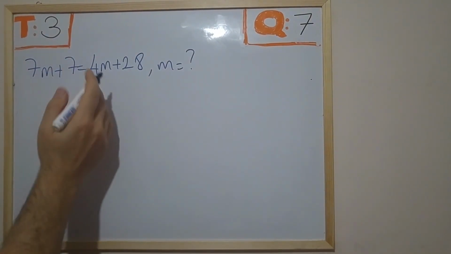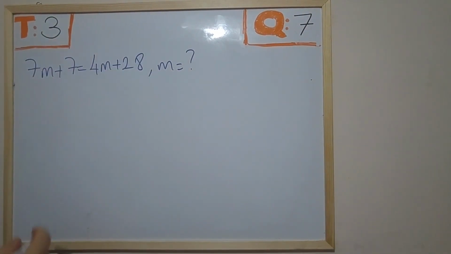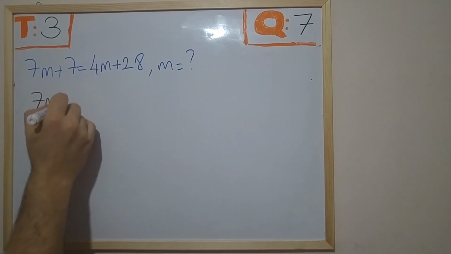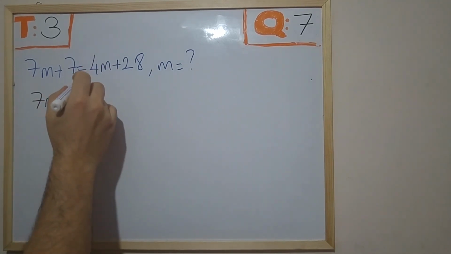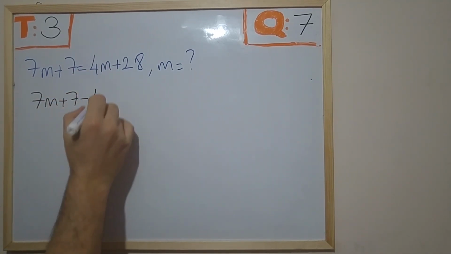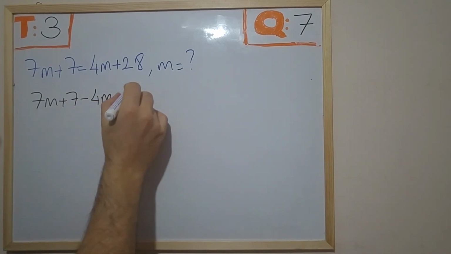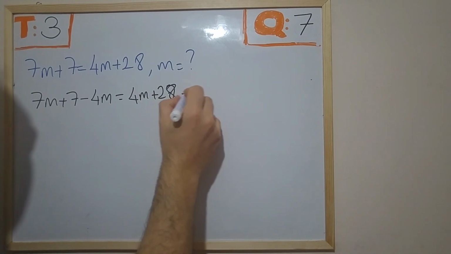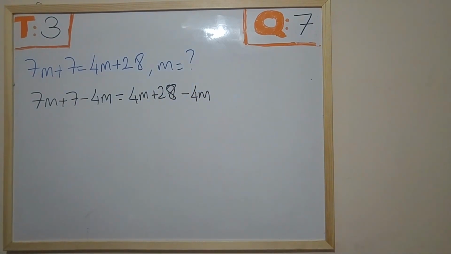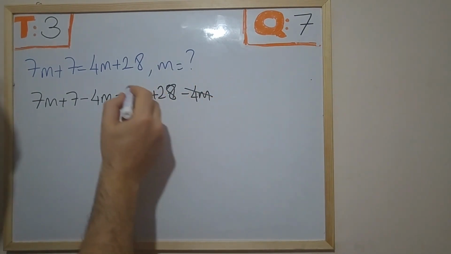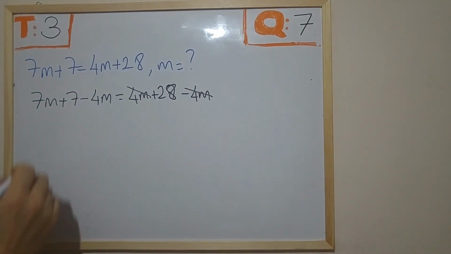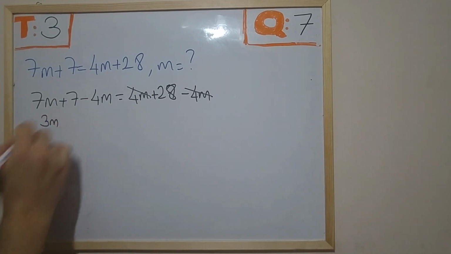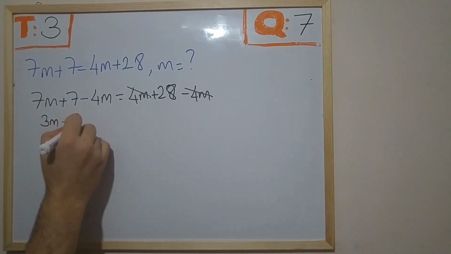Okay, let's collect the m's on the left-hand side and the numbers on the right-hand side. To do this, we have 7m plus 7 on one side, and we have to subtract 4m from each side. So 4m plus 28 minus 28 we will have. Therefore, these 4m's will cancel out, and we will have 7 minus 4, 3m in our hand, plus 7 will